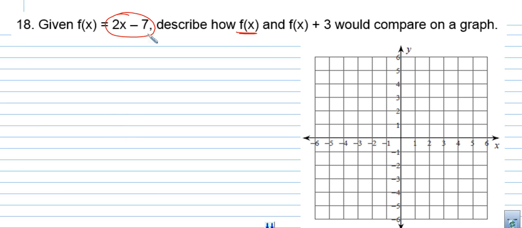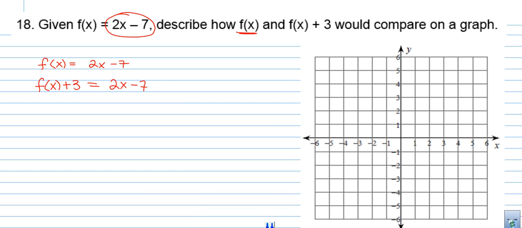So it's like saying y equals 2x minus 7. And f of x plus 3 means they're going to add 3 to the whole function f of x. So you have f of x is 2x minus 7, and f of x plus 3 really means 2x minus 7